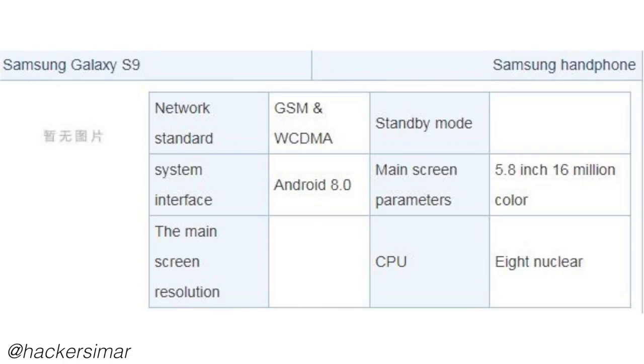Also, the CPU column shows 8 in nuclear. I guess that might be the core reference or code name for the cores. Display size mentioned here is 5.8 inch. It's the same comfortable form factor as the Galaxy S8. I really like this size because it's big, and at the same time it's quite